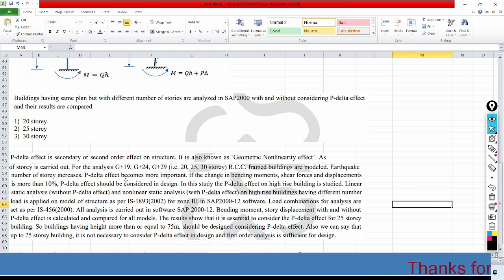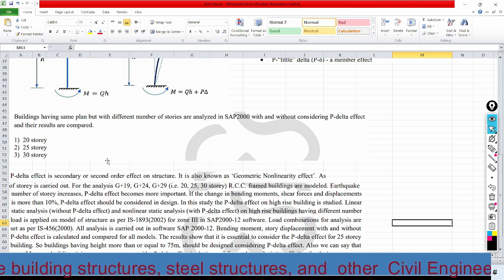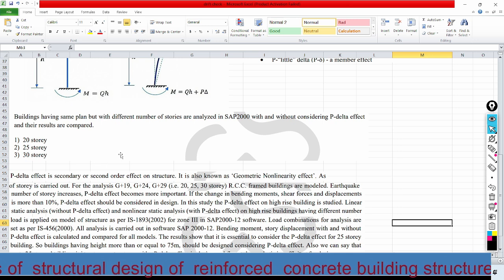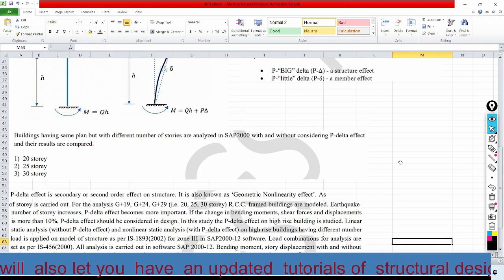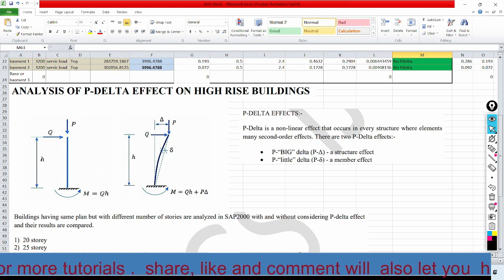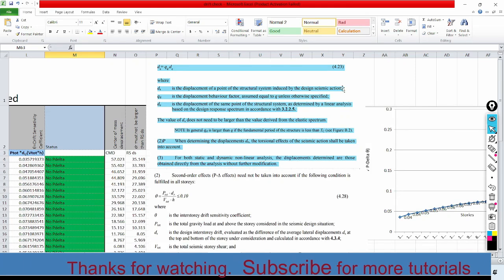So from this research, we can extract the basic point that the effect of P delta is maximum when we increase the number of stories. Okay, so when we come to the Ethiopian Building Code of Standards and the European Building Code of Standard, here,